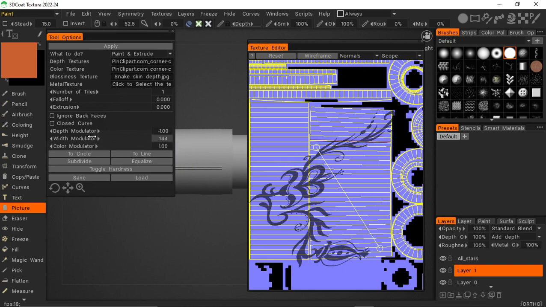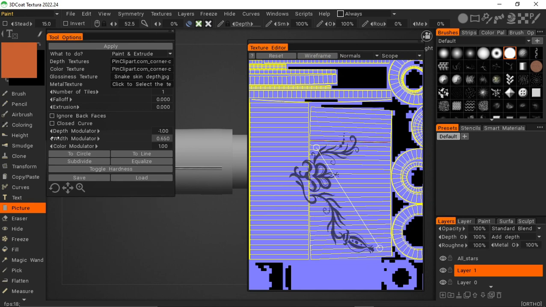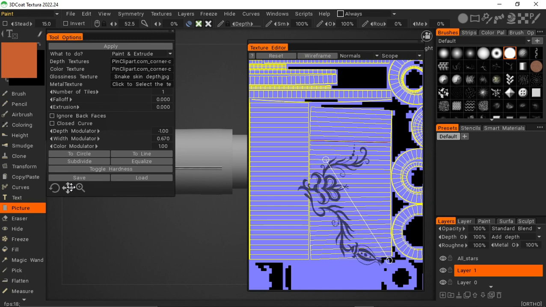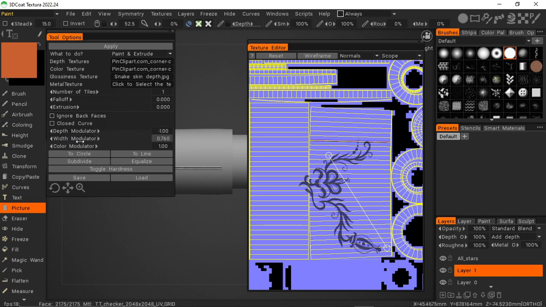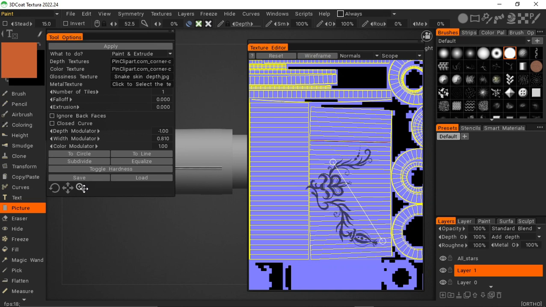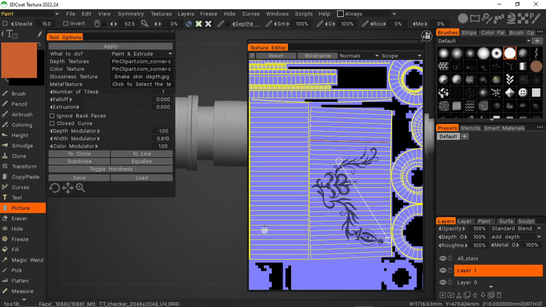So let me just decrease my width. Let me just decrease that. Now, even when you navigate around, it's not as exact as it used to be. It's quite messed up. I don't think it's cool. So from this point, we're going to drag this out so it's kind of small and fits into this little section. Now, it's going to paint here, but since it's quite inverted, you'll see what I mean. So if I come out here and I drag to this point so I can see the other side,